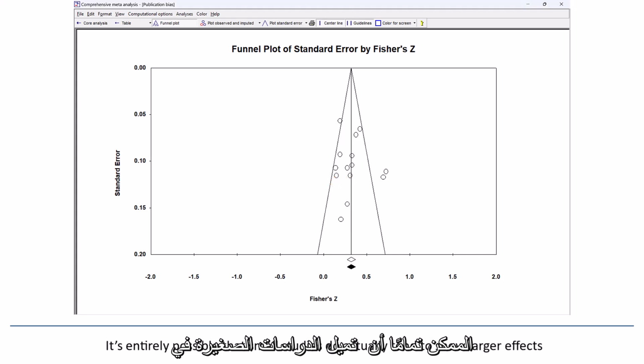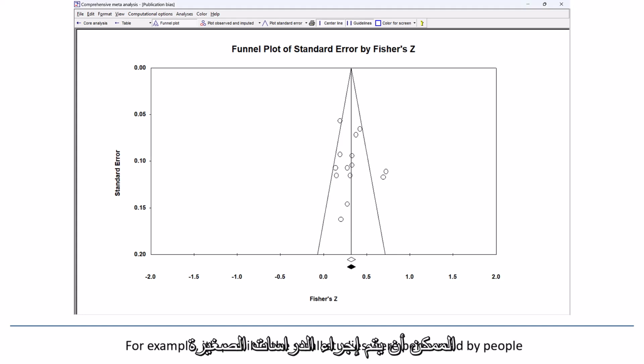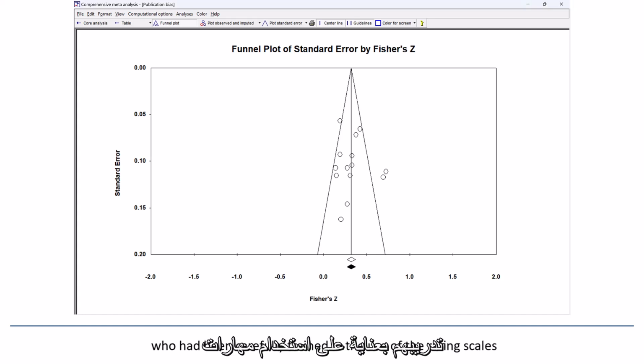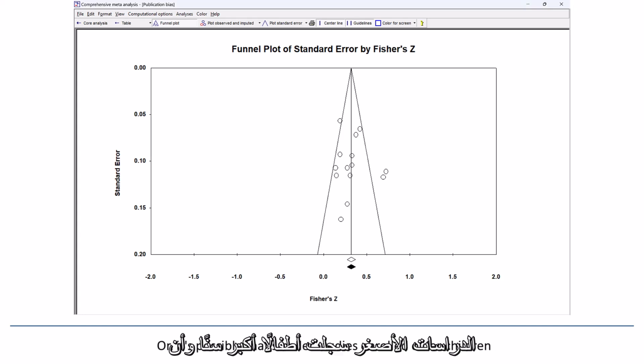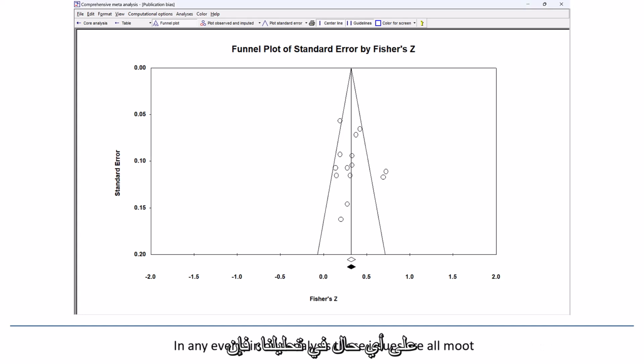It's entirely possible that small studies do actually tend to show larger effects for perfectly legitimate reasons. For example, it's possible that the small studies were performed by people who have been carefully trained in the use of the rating scales, while larger studies were performed by people with less training. Or it's possible that smaller studies enrolled older children, and that the correlation between the two assessments was actually higher for the older children. In any event, in our analysis, these issues are all moot, since there's no evidence that